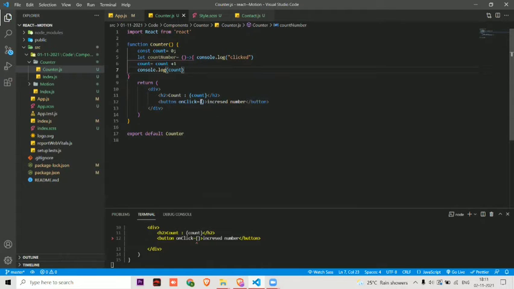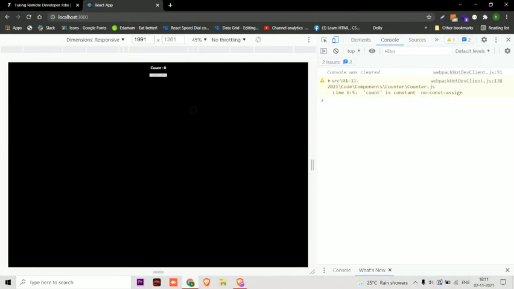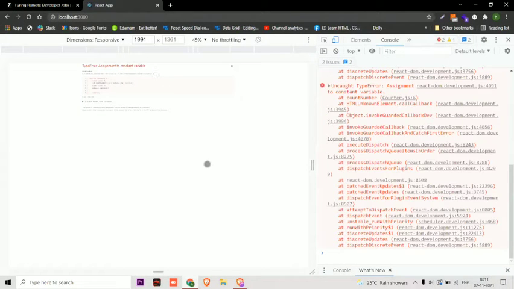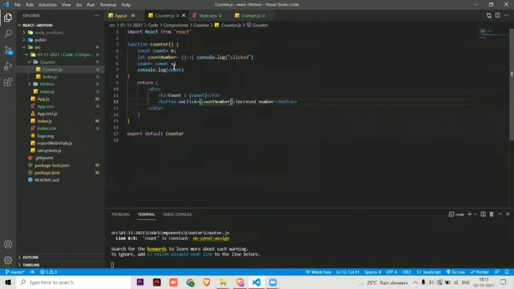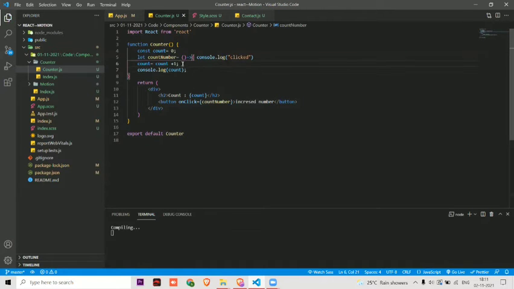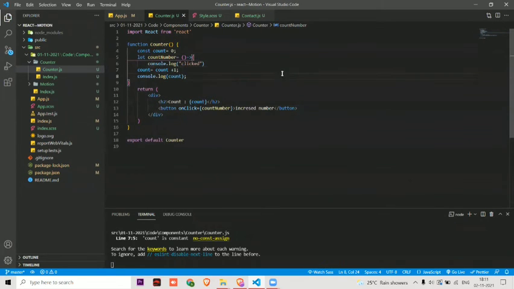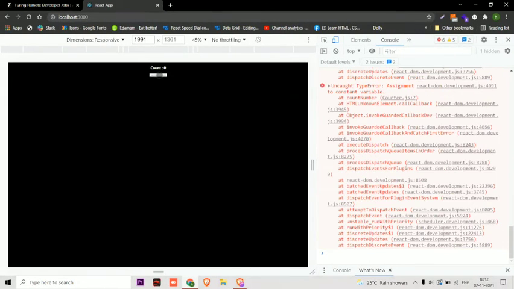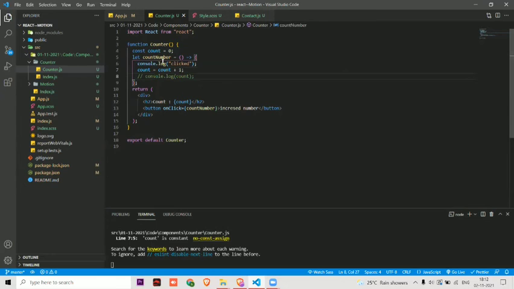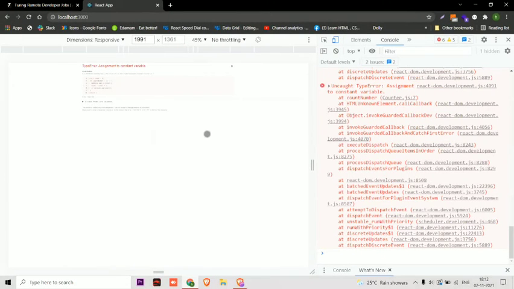Okay, what we are missing here is that we have to pass this value. Okay, and now let's check once again. Something went wrong. What are we missing here? Comma. Let's format. Okay, so we are getting an error because here it's unable to add the numbers. Here we have given count and we are trying to count the number, but it's unable to